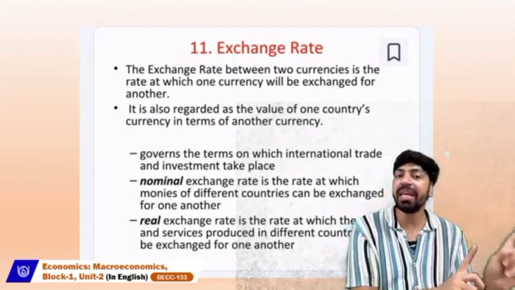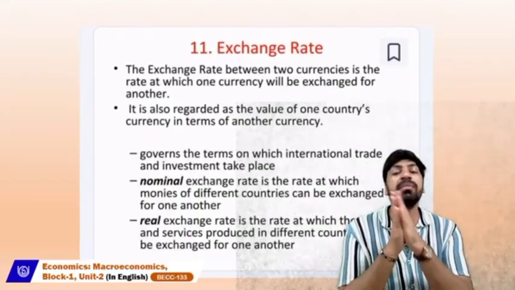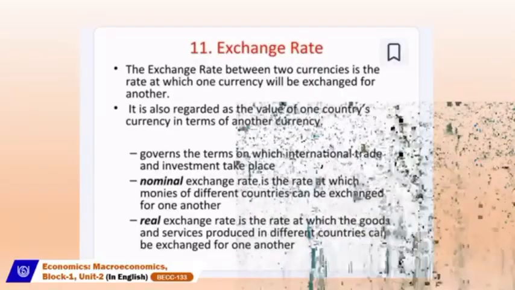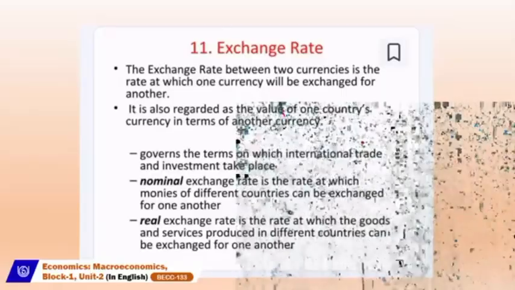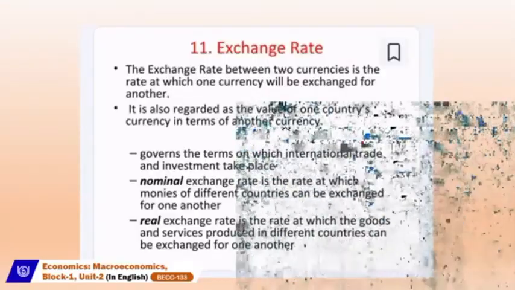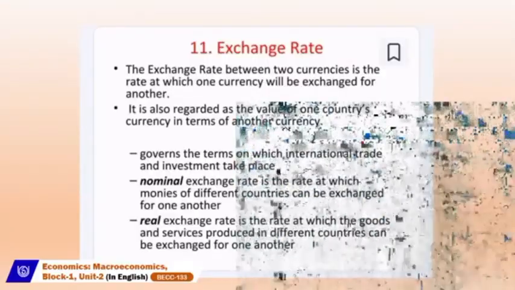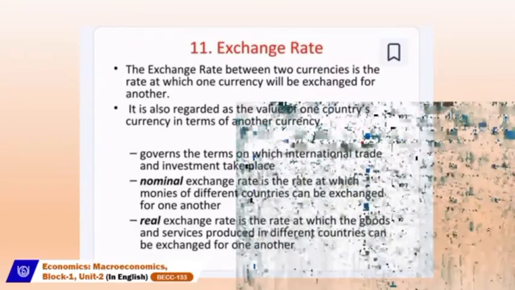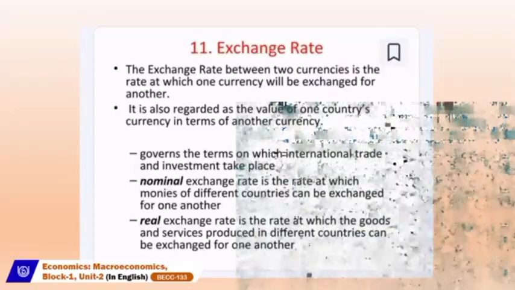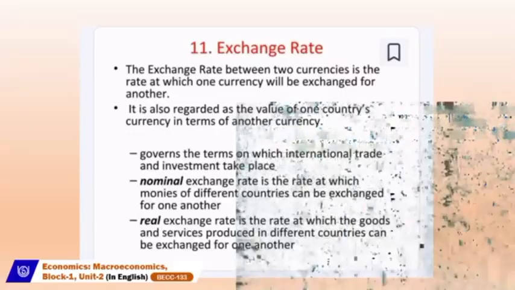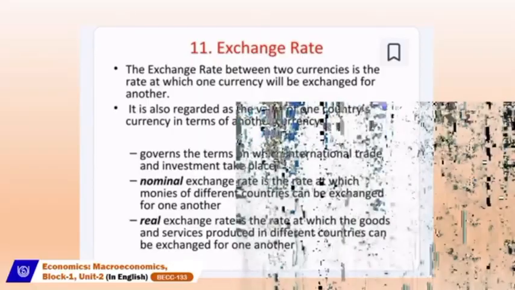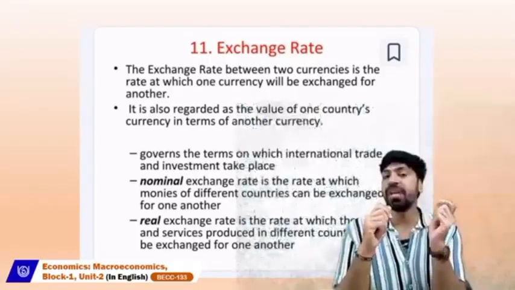That means the Indian currency will get exchanged into American currency, and the American currency will get exchanged into Indian currency, and the rate per currency is 1 rupee for the Indian currency and 87.56 dollars for the American currency. So the rate, that 87.56 and rupees 1, is actually